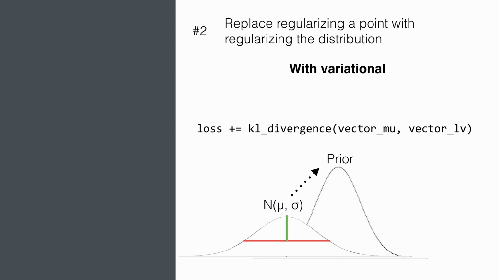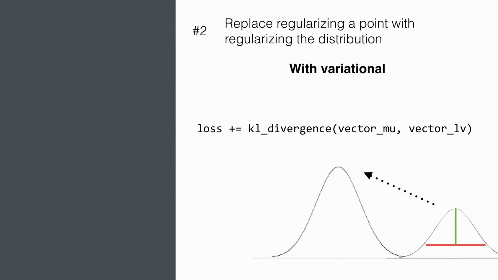And what this is going to do is it's going to say, hey, look, that mu and that log variance, that needs to be pushed towards my prior. So if I'm off to the left of my prior, it's going to push it a little bit closer. And if my mu and log variance are very far away to the right of that prior, it's going to push it more towards the left.